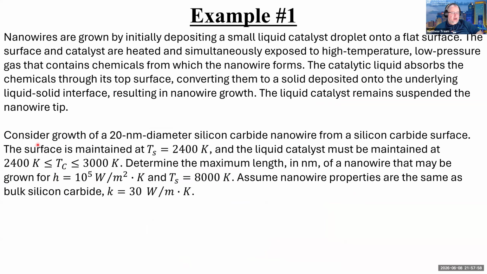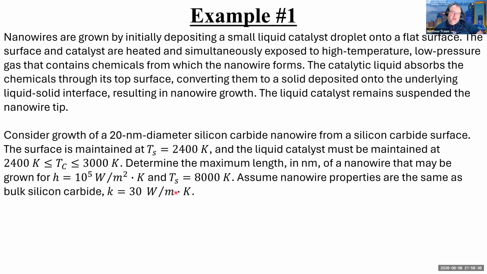So here, consider growth of a 20 nanometer diameter silicon carbide nanowire from a silicon carbide surface. The surface is maintained at 2,400 Kelvin, and the liquid catalyst must be maintained somewhere between 2,400 Kelvin and 3,000 Kelvin in order for it to function. Determine the maximum length in nanometers of the nanowire that may be grown for the conditions of forced convection coefficient h, 10 to the fifth watts per meter squared Kelvin, and